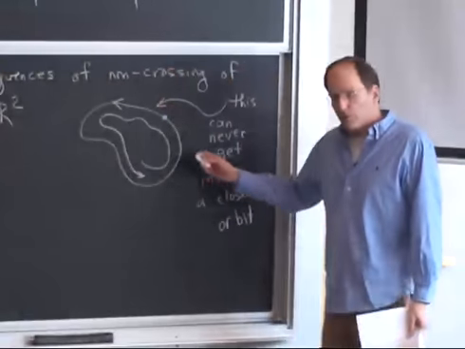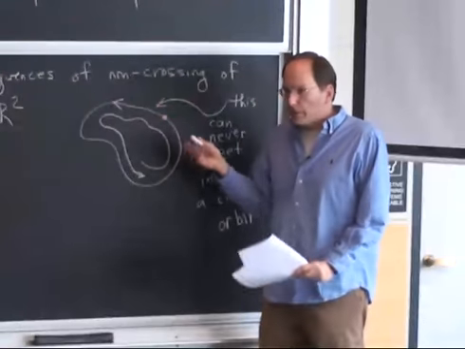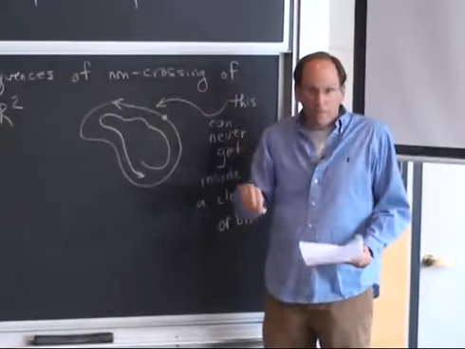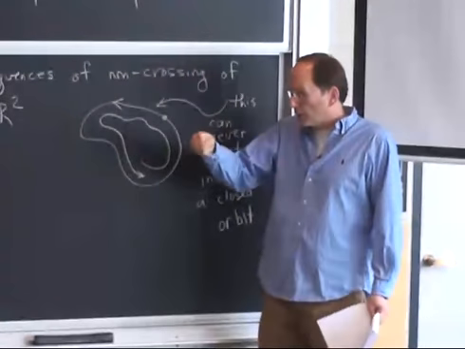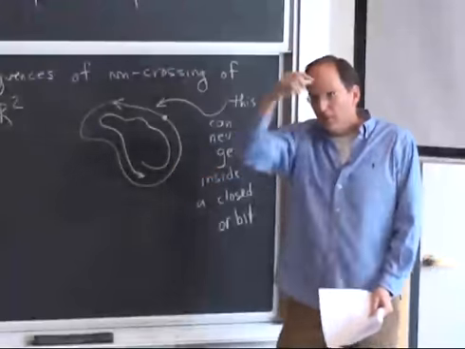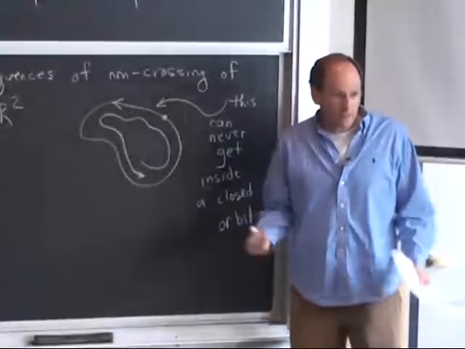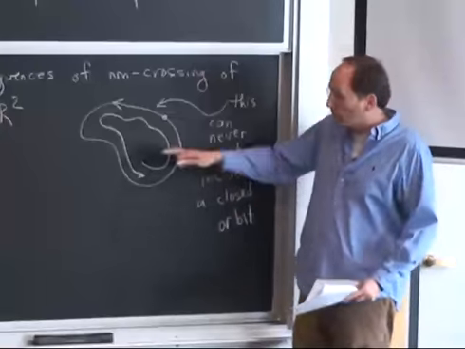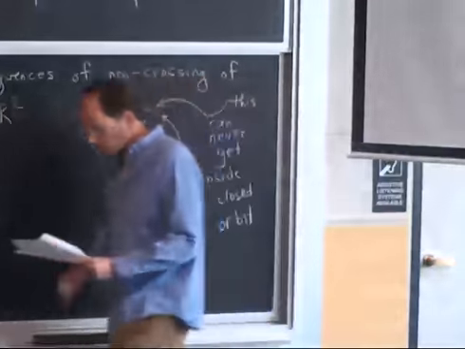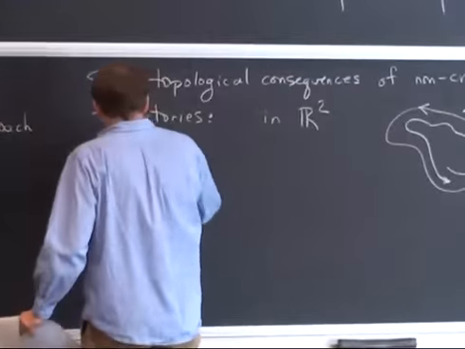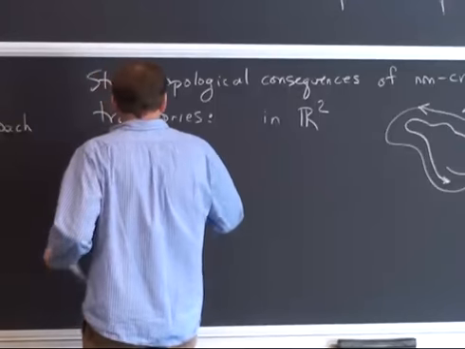In 3 dimensions, you might notice, a closed orbit does not separate 3-dimensional space in any way. It doesn't act as a barrier. So a trajectory starting inside can come out into the 3rd dimension and loop around, can make links. And that's part of what causes complications in 3 dimensions that don't exist in 2 dimensions. Okay, so we're getting ahead of ourselves. Anyway, just to summarize that one remark, that in R3 as opposed to R2,